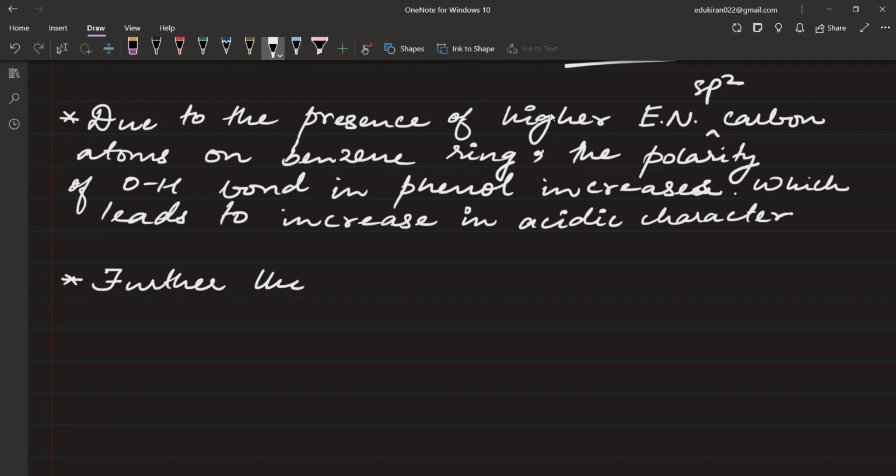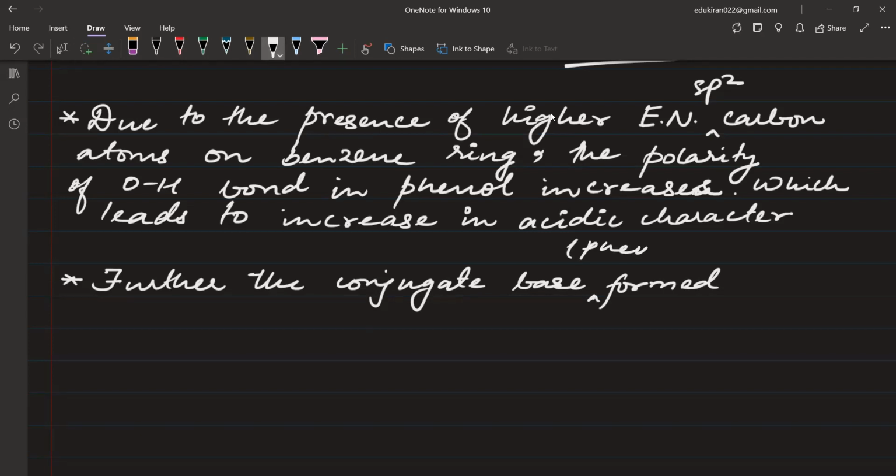Further, the conjugate base formed. Okay, can you please write in bracket here phenoxide ion. Further, the conjugate base phenoxide ion formed